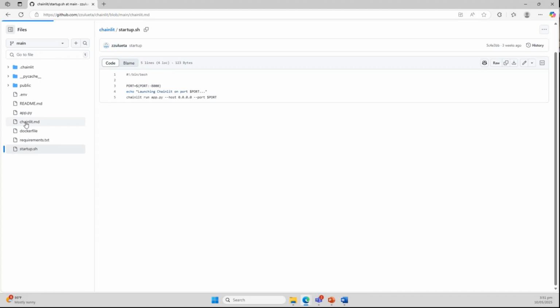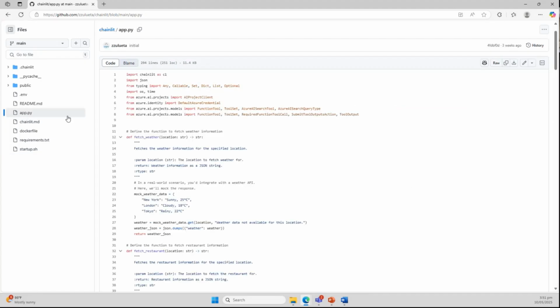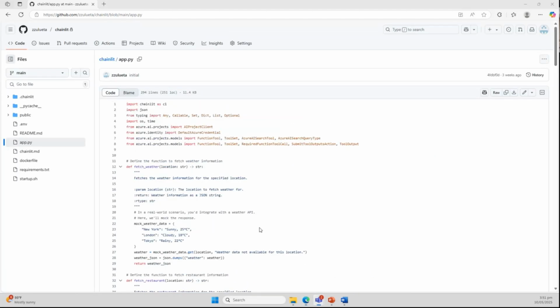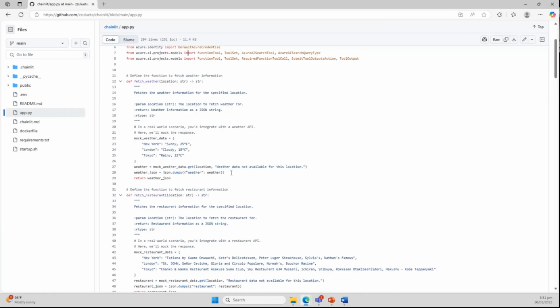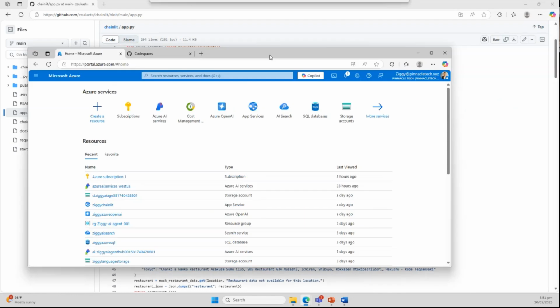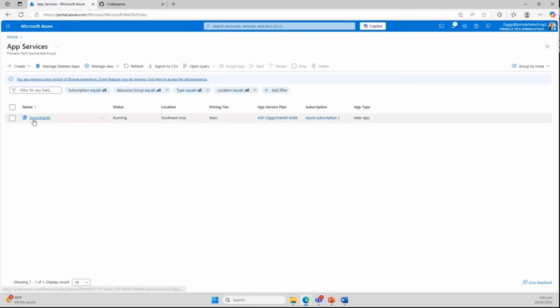I have my .md file here, which I did not even populate, and I have my code here, which contains practically all the code. I hosted it in Azure App Service. There's actually a DevOps setup here. Every time I modify the code, let's say I update my application in GitHub, what will happen is, if I go to my app service, let me open it again, which I closed previously.